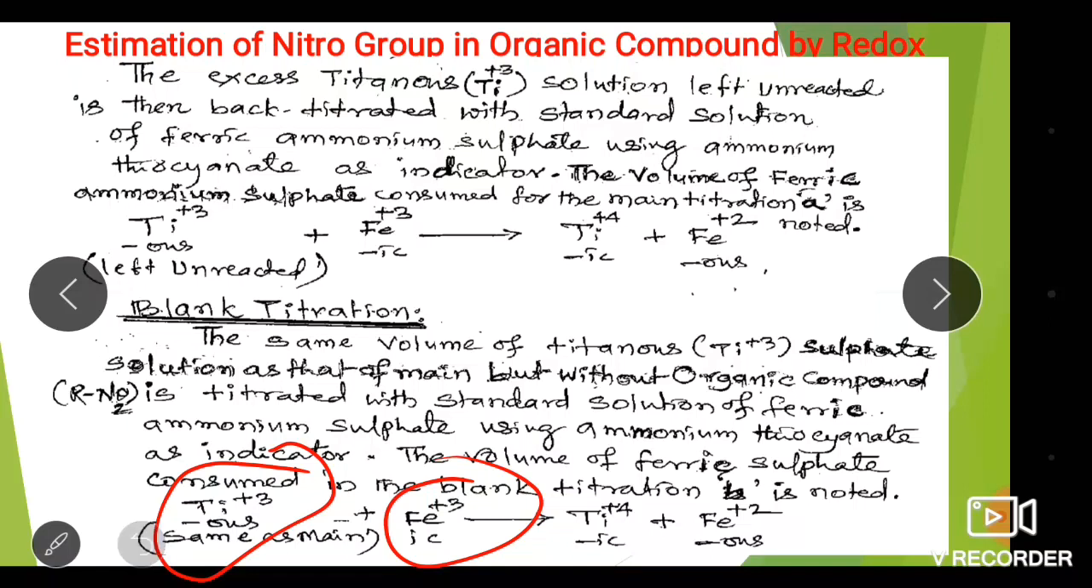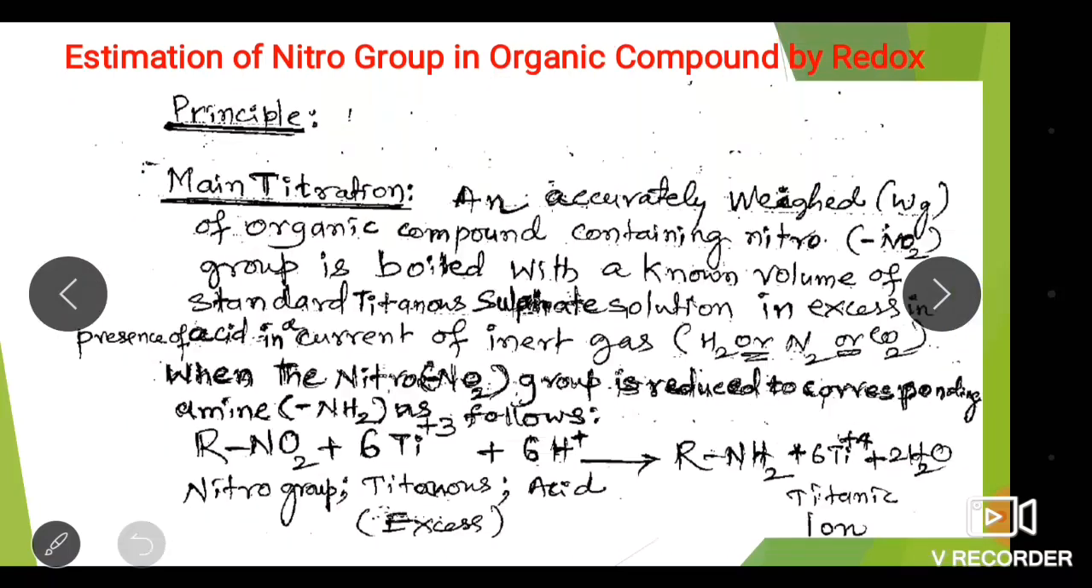So from the burette readings of the main titration and the blank titration, we can calculate the percentage of nitro group present in the given compound. Once again, simply to repeat: how to estimate the nitro group in an organic compound by the redox method. In the main titration, an accurately weighed